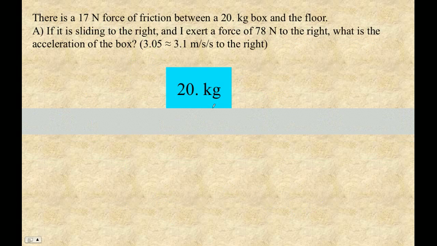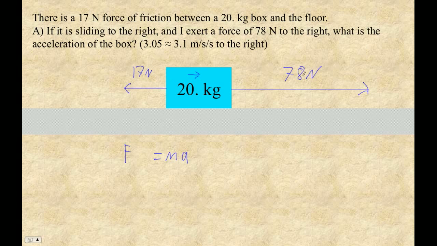Okay, so there's a 17 newton force of friction between the box and the floor. It's sliding to the right, and I exert a force to the right. What is the acceleration? Okay, so let's do 78 newtons to the right. Lots of force, right? And if it's sliding to the right, then there's a 17 newton force this way. So our forces are 17 newtons and 78 newtons. Now, when we do F equals ma,